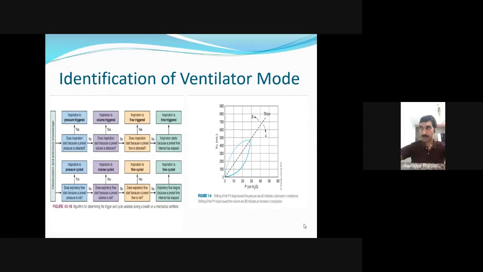On the right side of the screen, you see a pressure volume loop. Now this will give you a relation between the pressure and volume. As I've said in compliance, how does the volume change as compared to pressure? If the volume change with a little pressure is good, then the compliance is very good. If you take patients with COPD, chronic obstructive pulmonary disease, they have a very high compliance. They have a compliance more than required, in fact.